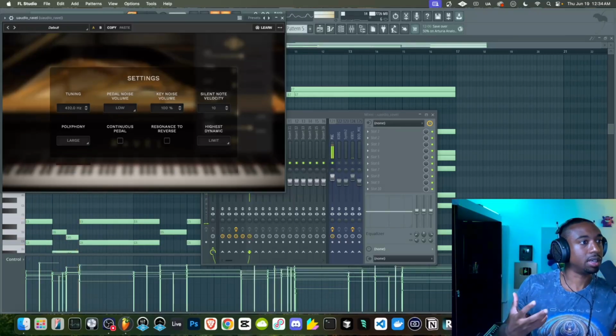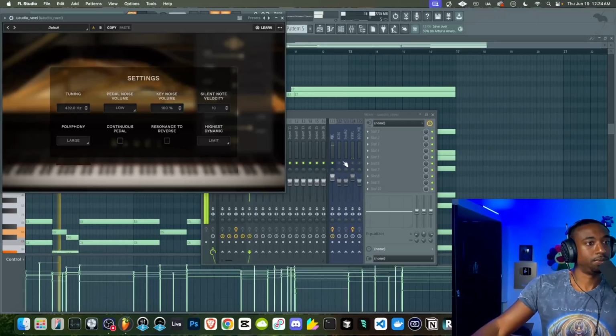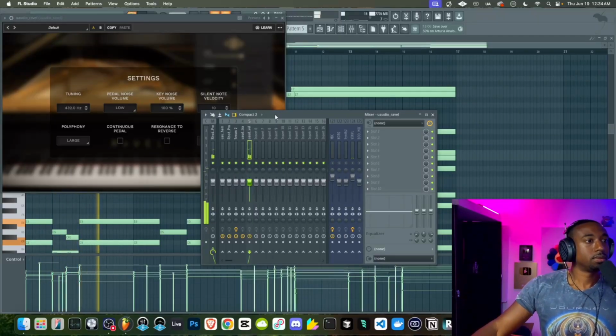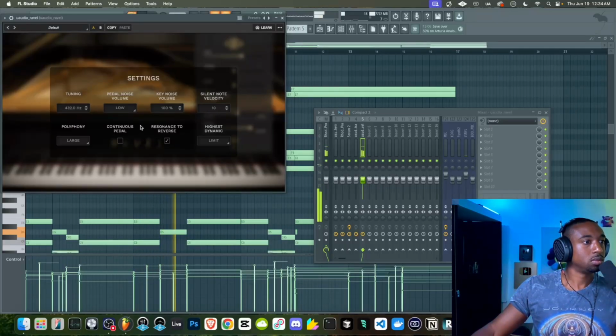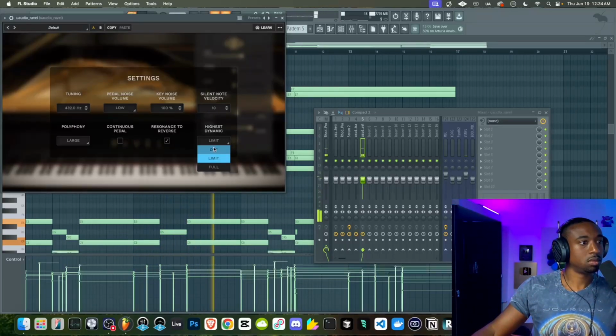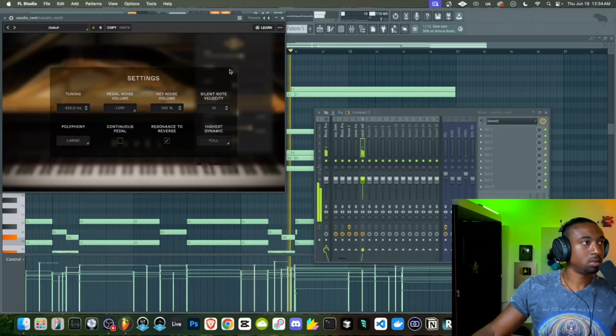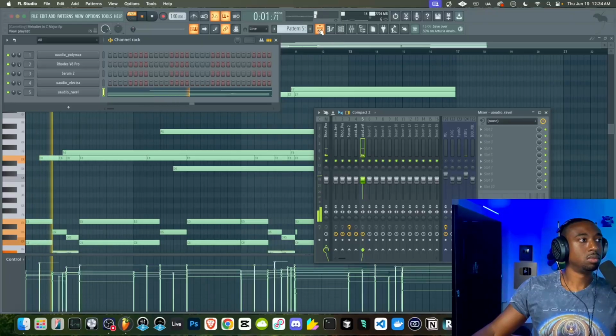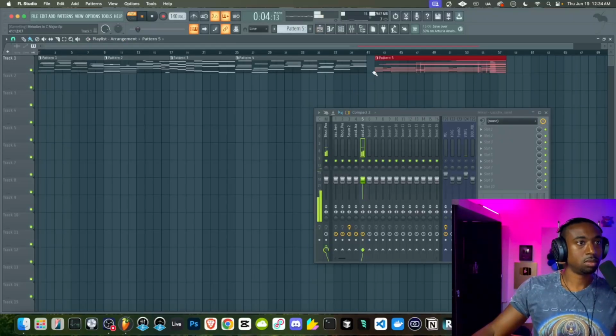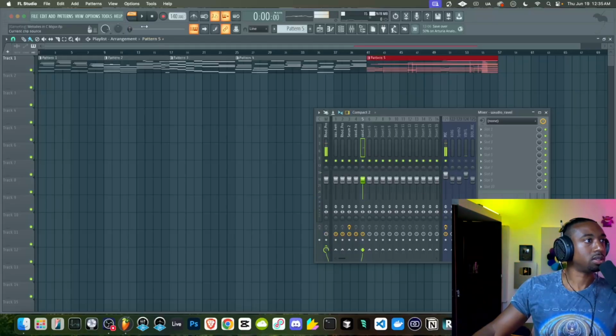So it's going to feel like a different key, even though it's the same exact notes. Let's hear all these melody ideas.